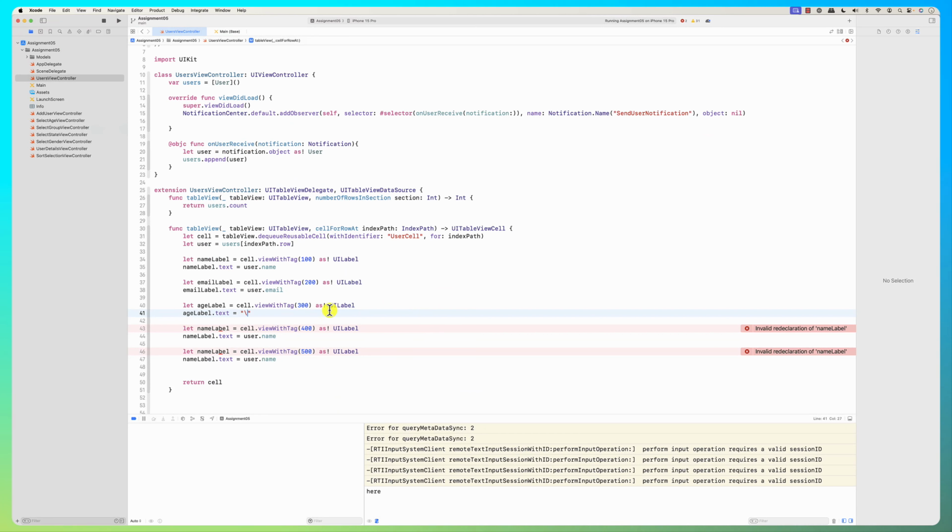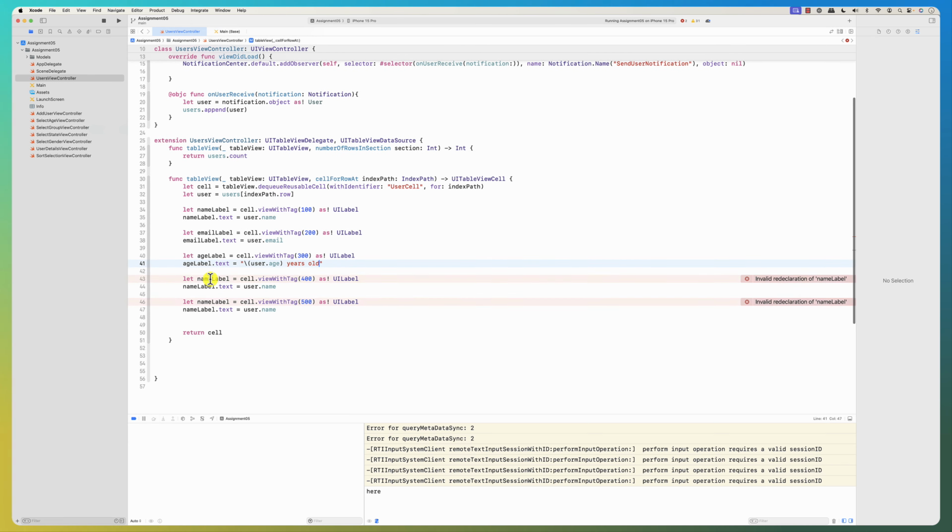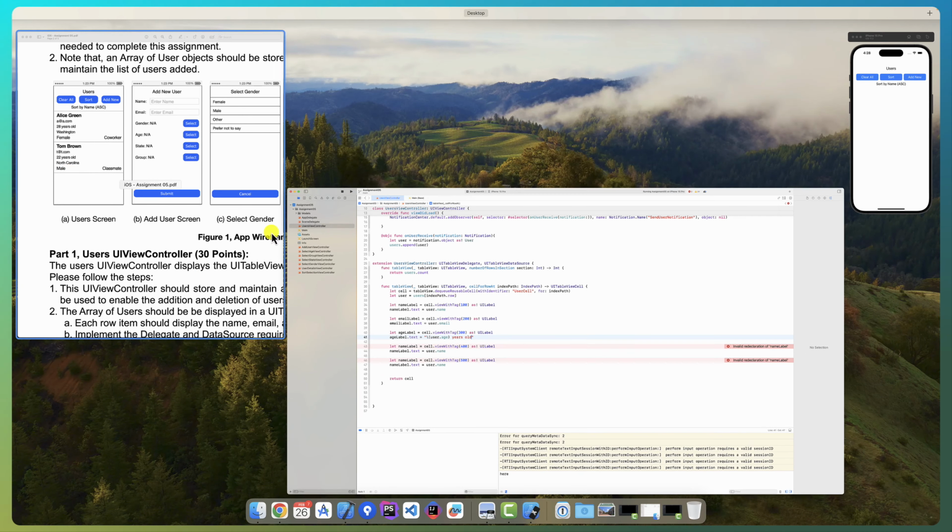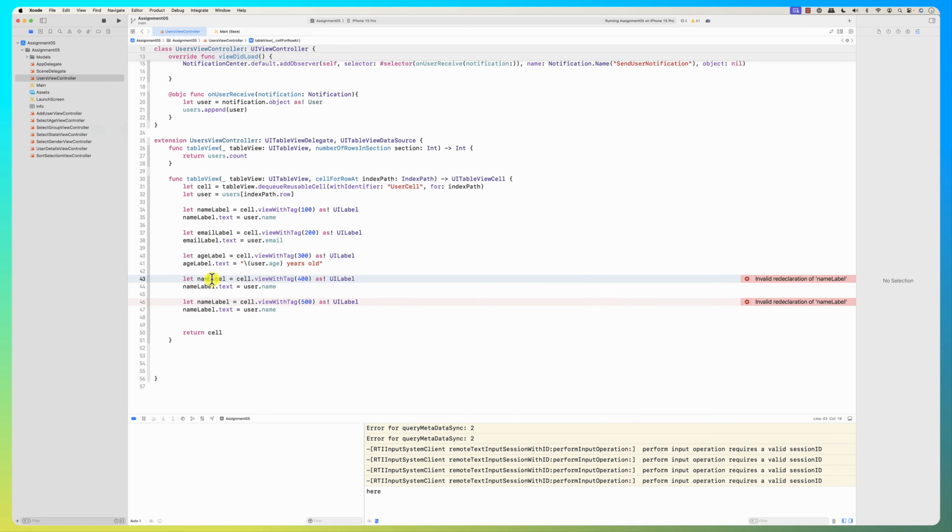Okay, so 28 years old. So basically we do this user.age years old, and then male. So this is gender. This is group. All right, good. So this is gender label, and this is group label. All right, perfect. So we have them set up, and now